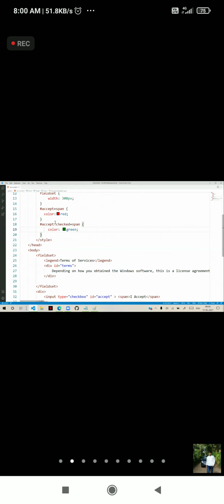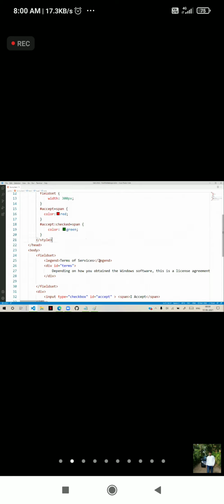That means checked is an attribute which you can use as a property for style. So you see this is a checked class. This checks whether it is checked or not. If it is checked, then it will set it to green color.